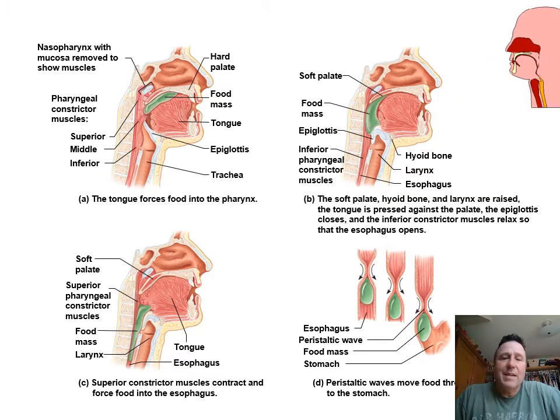You can take a look from that tongue. It fills your mouth, and it's going to push that bolus, that wet, chewed up food in a ball. It's going to hit the back of your throat, and then this reflex will happen. Your muscles have a memory of what to do, and your larynx will rise, your epiglottis will cover over your windpipe,